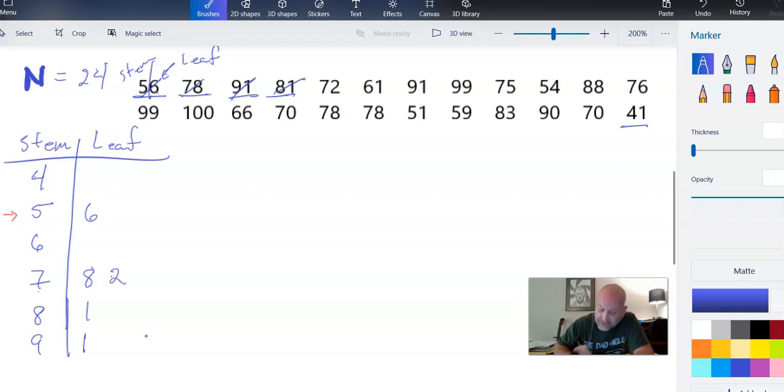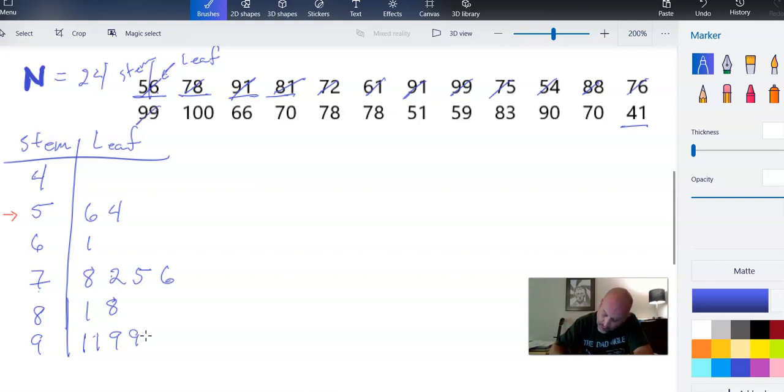So this is 72. So I have a new digit there. And then 61, 91, 99, 75, 54. I'm going to speed up on this here. 88, 7. Oops, I wrote that in the wrong place. Maybe I shouldn't speed up. 88, 76,